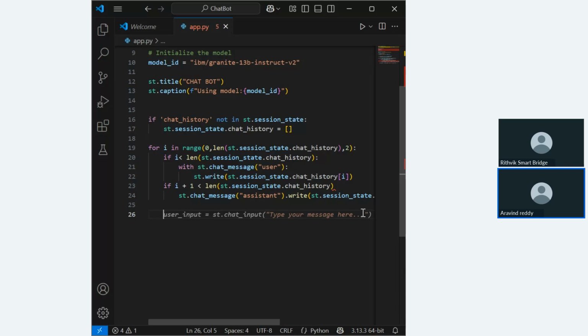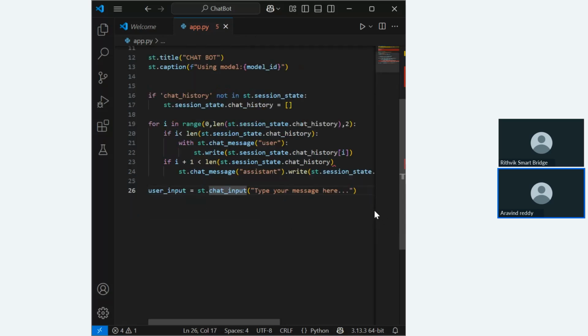I need to get user input. Okay, it's giving output. So generally it will ask the user to enter anything. Okay. With st.chat_input it is going to ask something, like 'user, type your message here', or 'ask me anything', or you can say n number of things. Please enter anything here. You can specify. Okay. Now, if